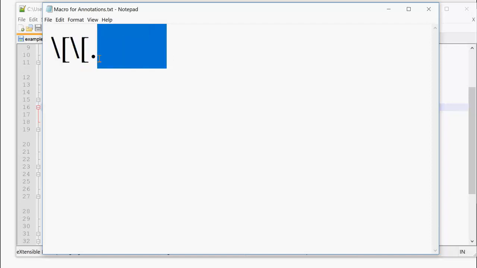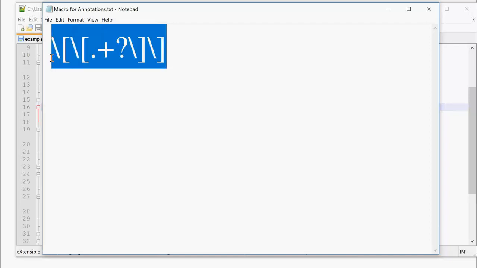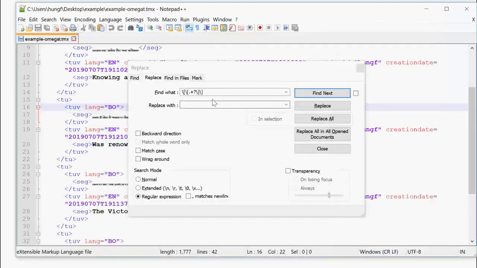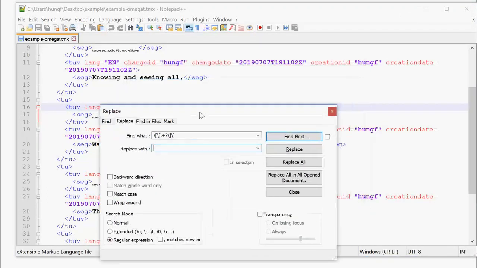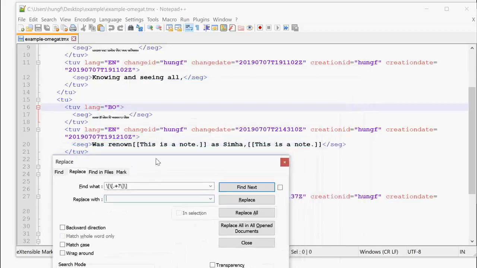You don't have to necessarily understand that, but you can just copy this bit of code, and that will also be posted in the video notes. So you can just copy it from there and paste that into the search box, and then we'll replace with nothing. So let's just use find to make sure it finds it. So yeah, it's finding just those